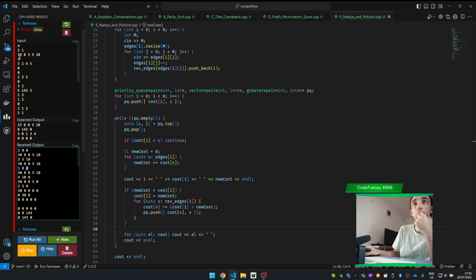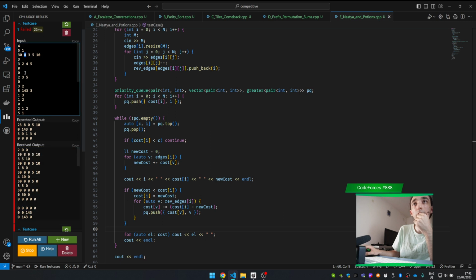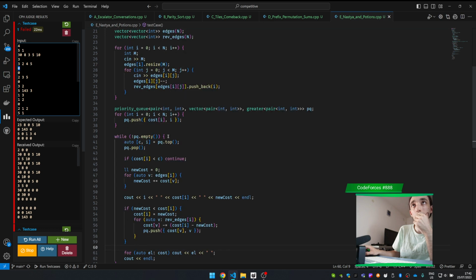Why is it 0 here? To 1, what is 1 here? 0. This has 0 cost, 0 things relied on. So if this is 0 rely on, then